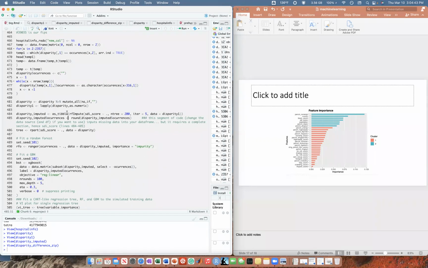And it says, hey, use those trees and guess what goes in the empty spots. And I fed them SDI scores. So I'm saying, hey, machine, based off the social disparity index, fill in how many hospitals there could be in the area based off what you know from every other county, and then how much MedWish did.